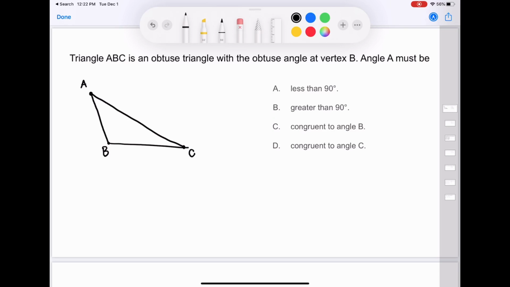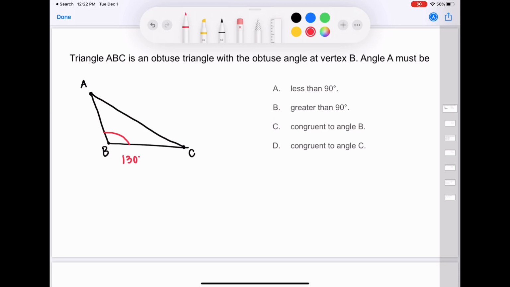If we know the vertex B is an obtuse angle, then we know that it's greater than 90 degrees. Obtuse angles are greater than 90 degrees. If we know that our obtuse angle is greater than 90 degrees, then we want to identify what angle A must be. Well, if our vertex B is greater than 90 degrees, let's say it's 130,